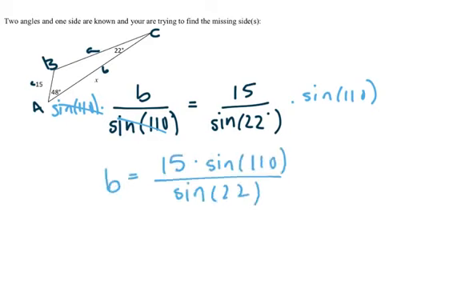So I'm going to verbally say how we type this one in. You're just going to hit 15 sine 110 close parenthesis, right? It's really, really important that we close the parenthesis around sine in our calculator so that it only takes the sine of 110. It doesn't try and take the sine of the sine. Then divided by sine of 22, again, close the parenthesis, hit enter, and we will get that this side B, or X, which is what we called it, is